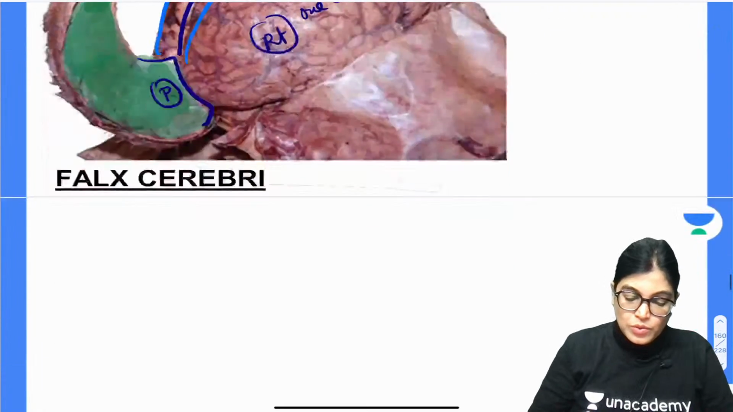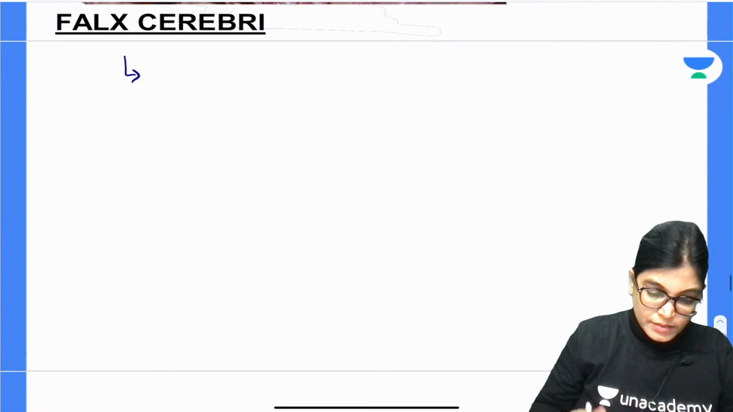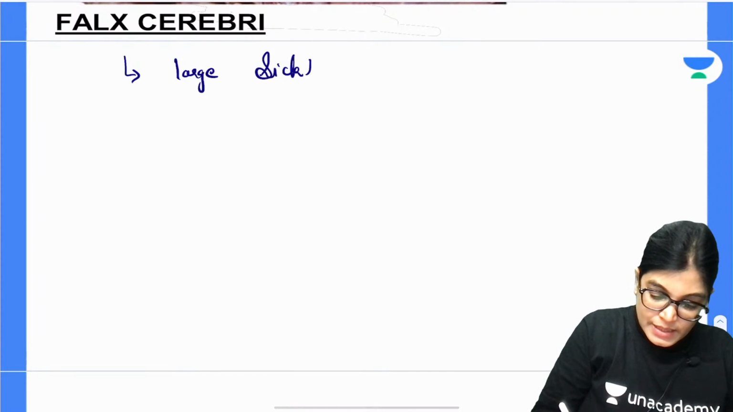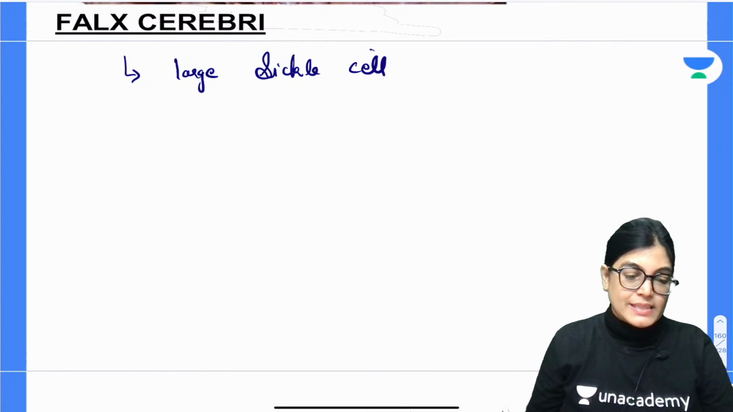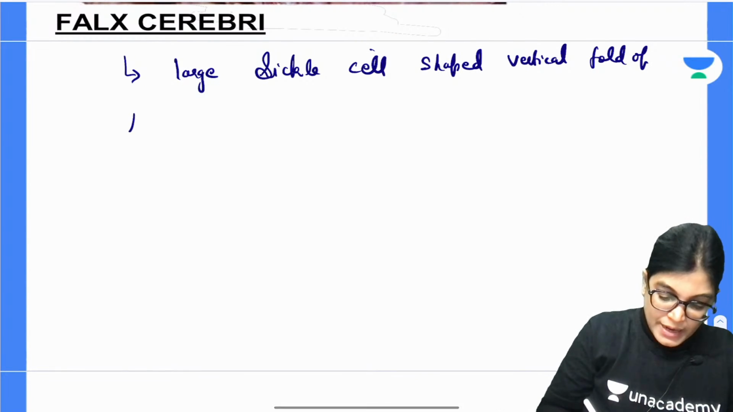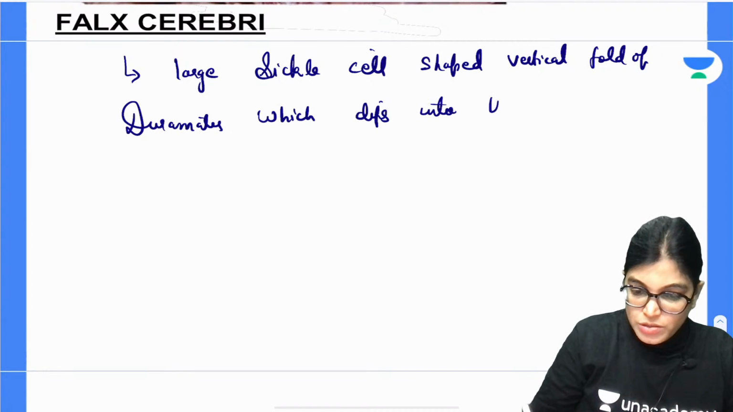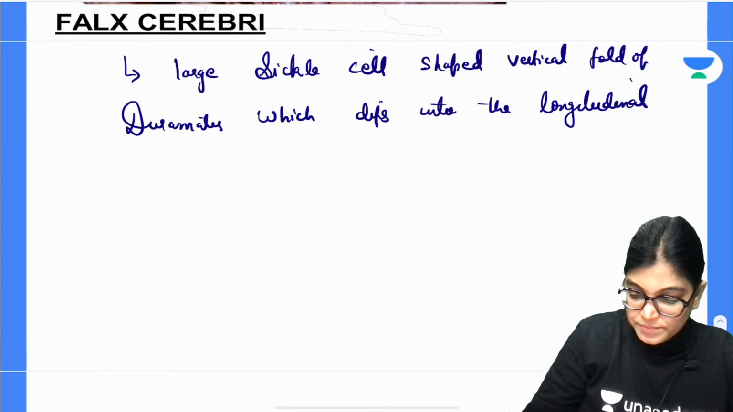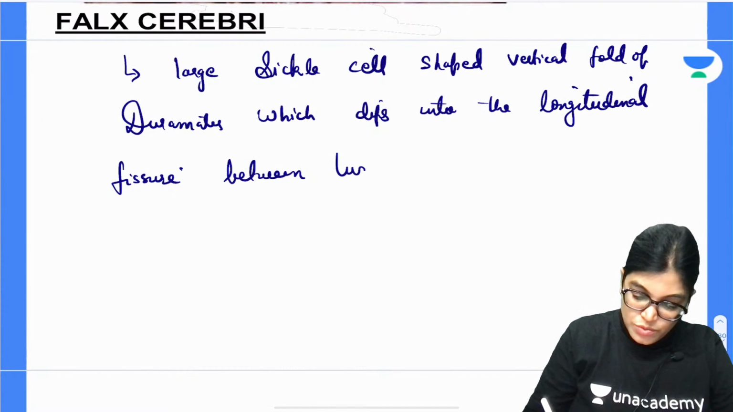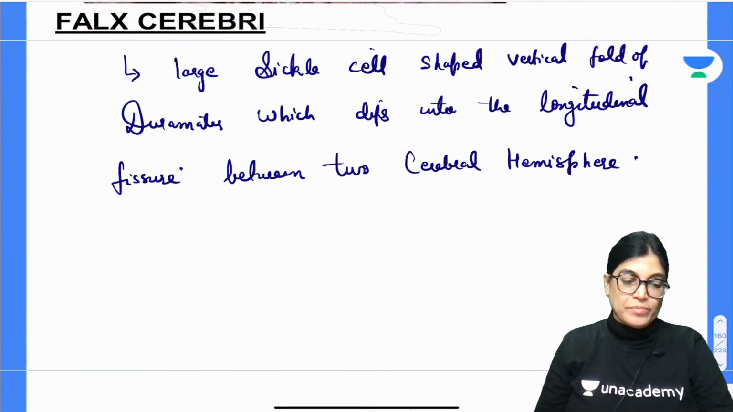This is very important for you to know. So let's write the details of the falx cerebri. Important points, write down. Falx cerebri is a large sickle-shaped vertical fold of dura mater which dips into the longitudinal fissure between the two cerebral hemispheres. Its narrow end